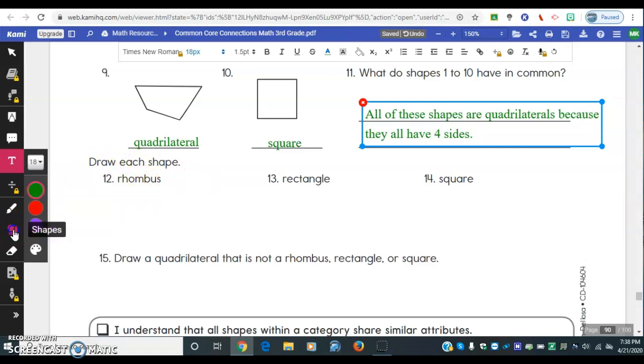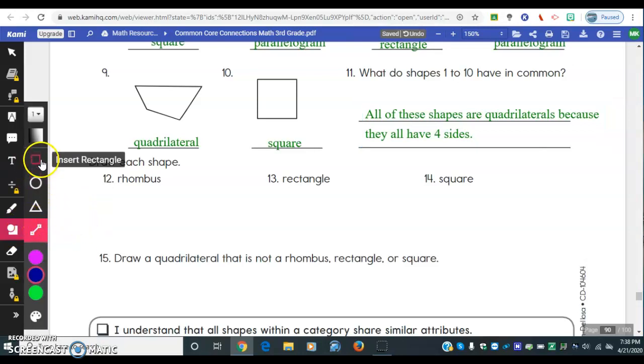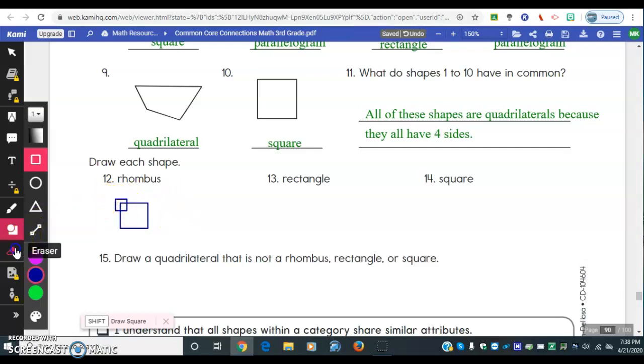Okay, so I'm going to go to my shape maker. I'm going to start with a square, you guys. A rhombus is just a square. Try to get all the sides the same length. It's just a square. But when you get your shape, what I want you to do when you have your rhombus